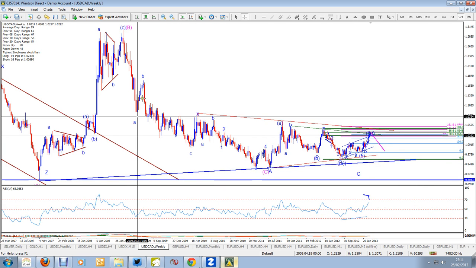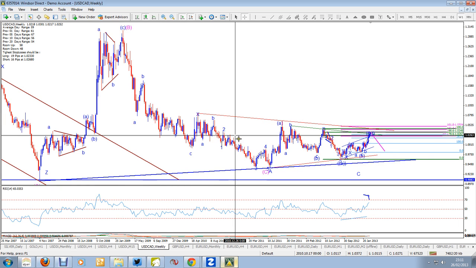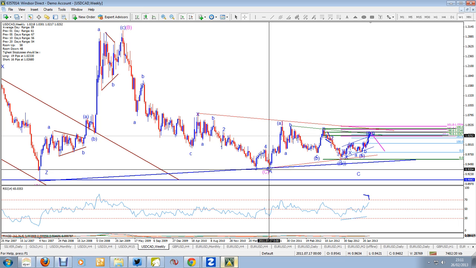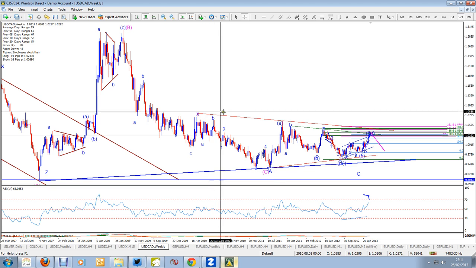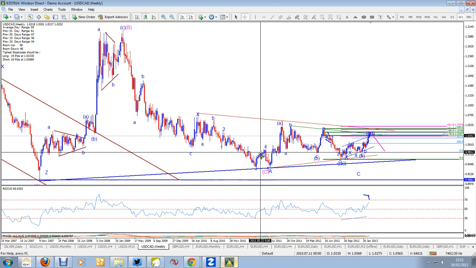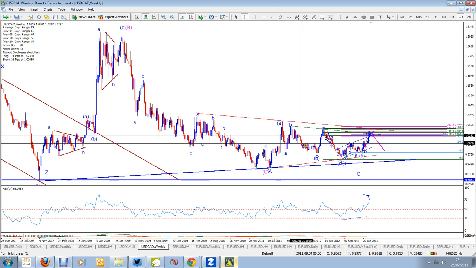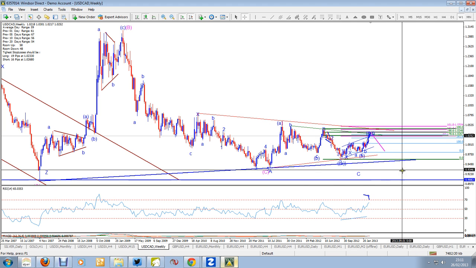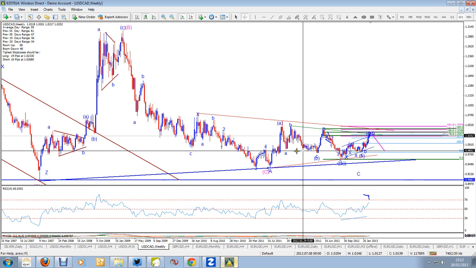So here we had A, B and C, X, A, B, and then 5-wave to the downside to form a C. Then that could be 5-wave to the downside to give us A, B and C,